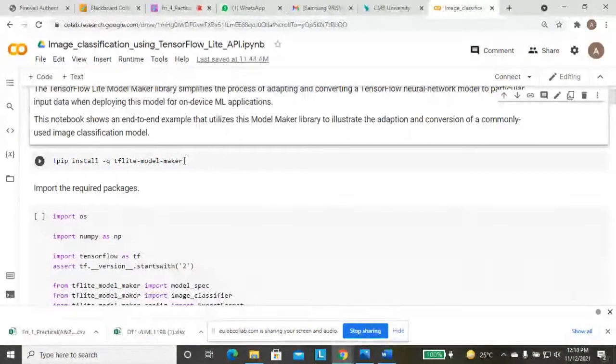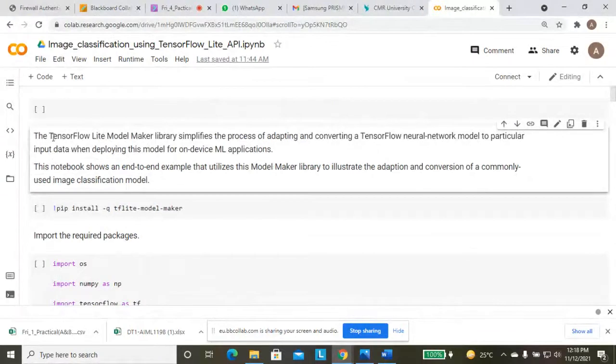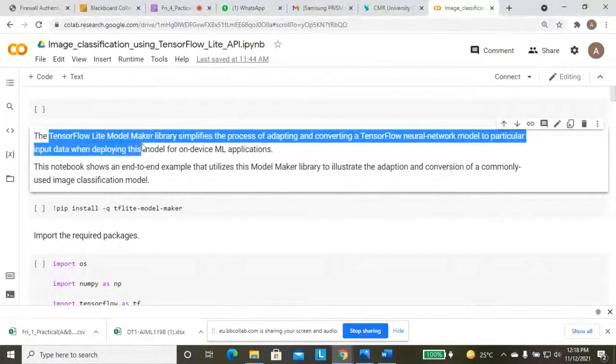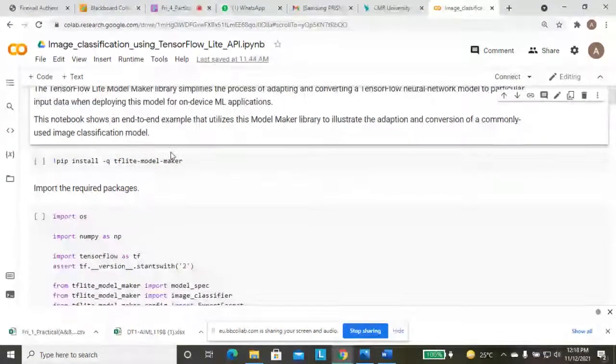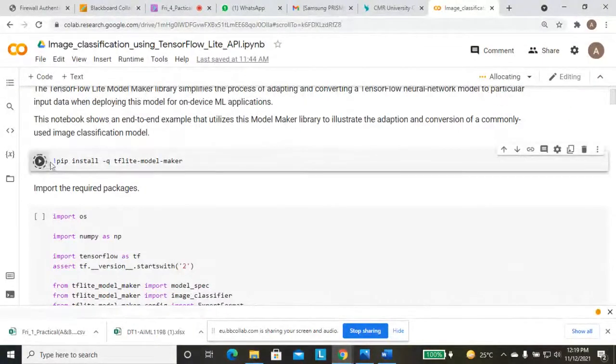Here we are not making the machine learning algorithm, we are just using the libraries of TensorFlow, this package. Similar to PyCaret, first we have to install the package. The pip statement is the package installation, so we have to run that statement first because we have to install TensorFlow Lite in our notebook.